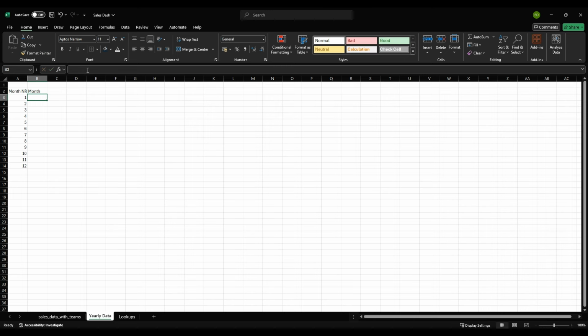We created the VLOOKUP for exactly this reason, because I want to get the actual date, the month name. VLOOKUP, let's look up number 1, and I'm looking it up in the month lookup. We select all of them, so all of them is to get the whole data set. We want the column index 2 because it's the second column, and we want an exact match. So there's January. Let's push that down, and we have the whole